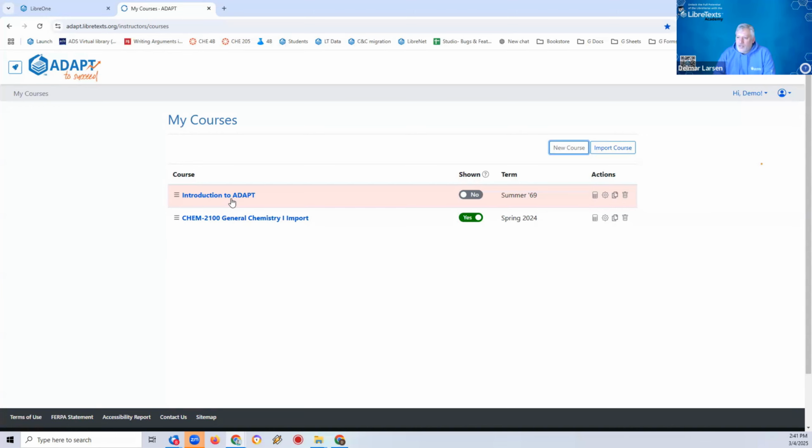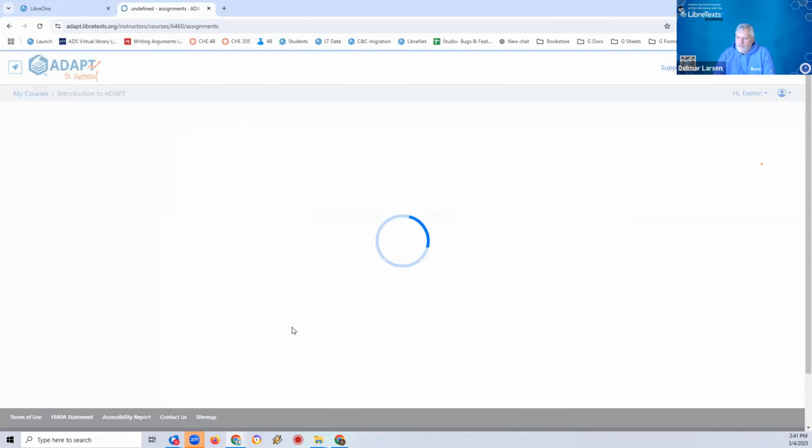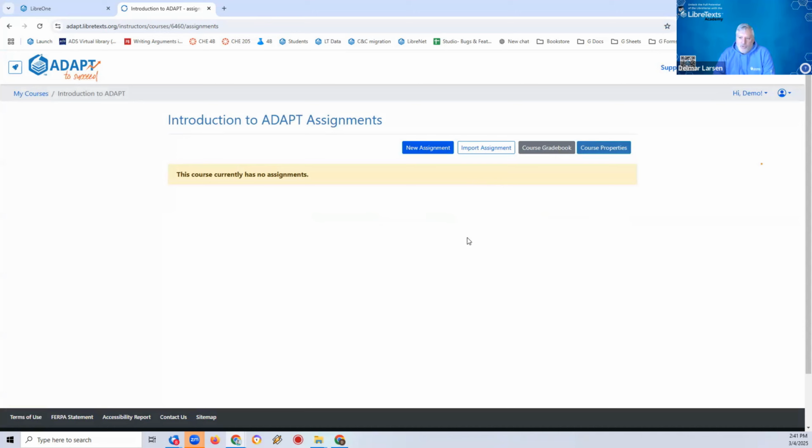Okay, so let's go into here. Again, it's red, which means that it's unpublished. I can publish it right here and give some instructions off of here. I click on here and it looks empty. It's very similar to what I pulled together when I imported the course, except it doesn't have any assignments. Making assignments will be tomorrow or Wednesday. I think it's tomorrow's discussion. But this is what we have.